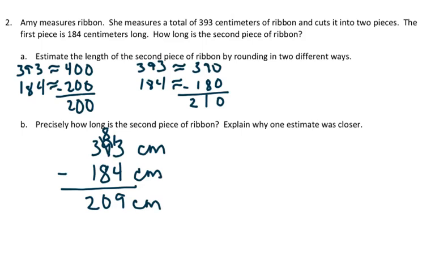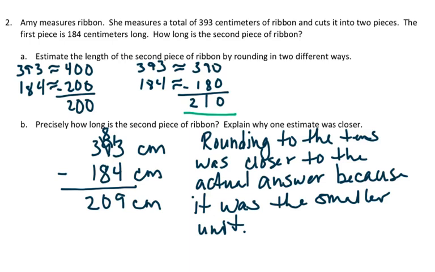So one estimate was closer, and that was when I rounded to the tens place right here of 210. So it's explaining why one estimate was closer, and that estimate was closer because it was the smaller unit. It was the smaller out of the two, out of the hundreds and the 10. It's smaller, so it was more precise. And my explanation reads, rounding to the nearest tens was closer to the actual answer because it was the smaller